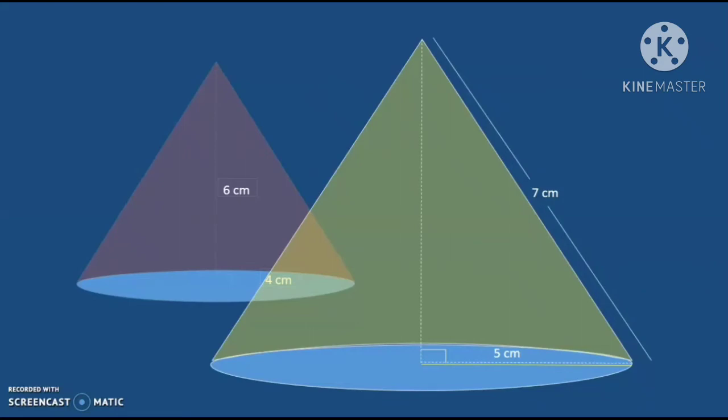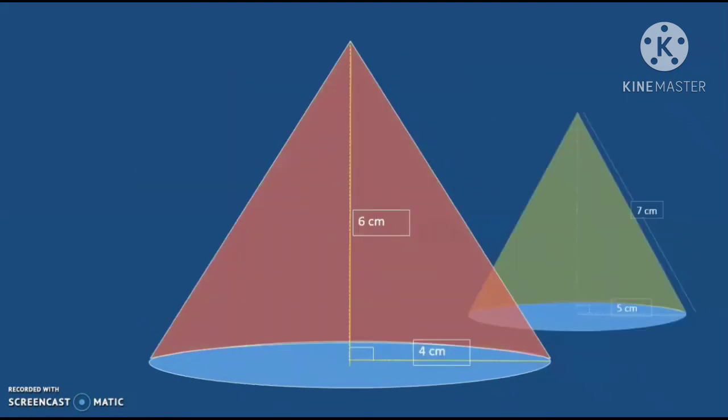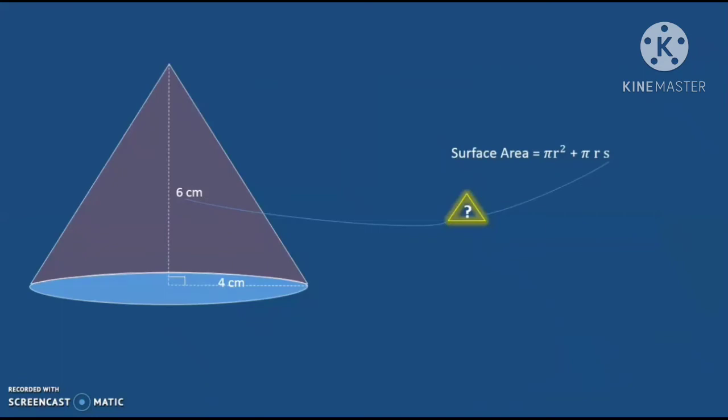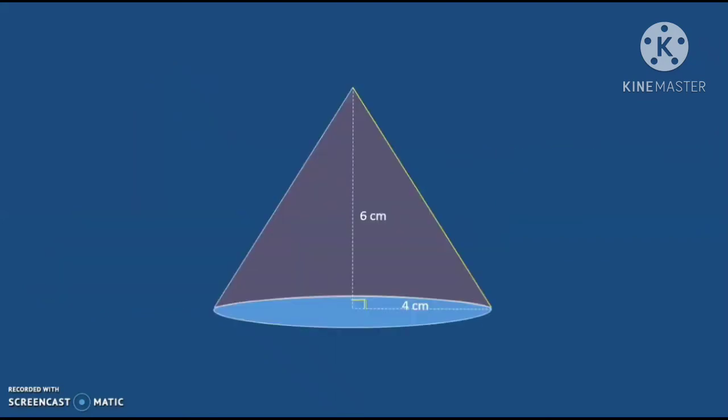Now, what can we do about the fact that this s over here is supposed to be plugged in with the value of the slant height and not the height of the cone itself? So, we just plug it in there and hope that magically things happen? No way, that's not what a true mathematician would do. Let's take a look at what we can find.